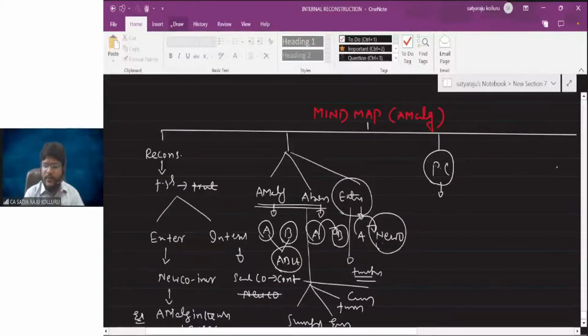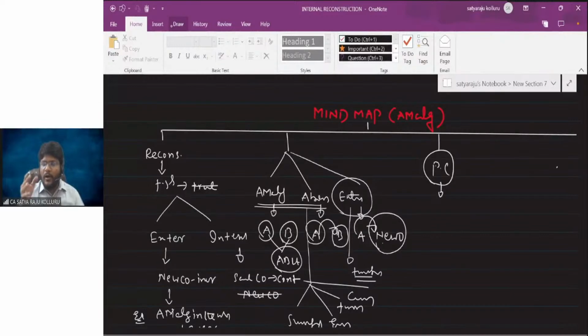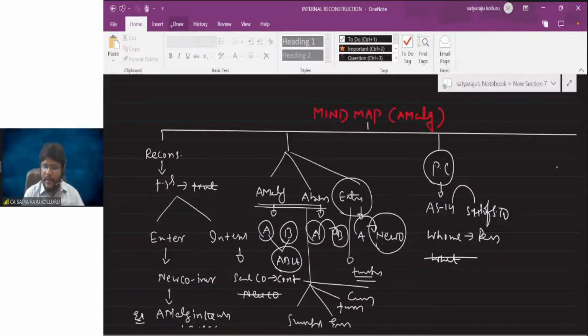What is the meaning of purchase consideration, sir? Now, I'm coming to pure amalgamation. In pure amalgamation, we discussed three different concepts. One is PC, another one is accounting treatment in the books of the selling company, and accounting treatment in the books of the purchasing company. As per AS 14, PC is nothing but the amount payable to the shareholders of the selling company. Sir, whom we are paying is relevant. What we are paying is irrelevant. You may issue equity shares, preference shares, debentures, or cash.